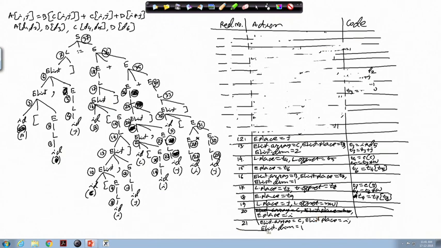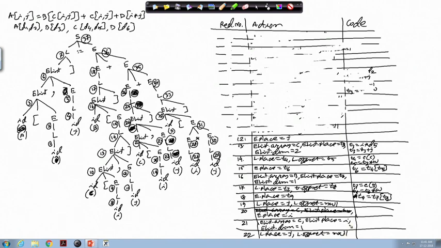Then at reduction number 22, this one, L producing ID. So, we will have L.place equal to ID.place, that is J, and L.offset equal to null.